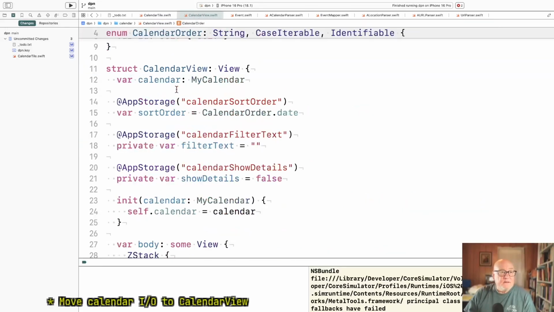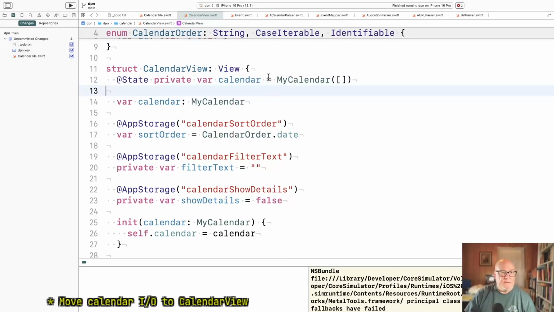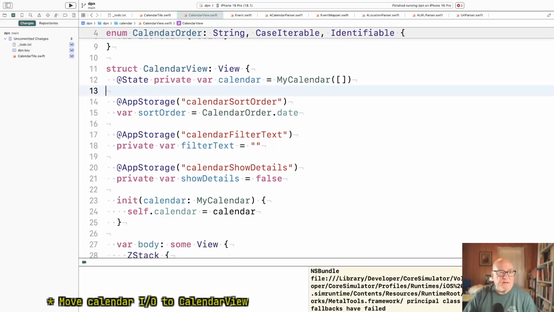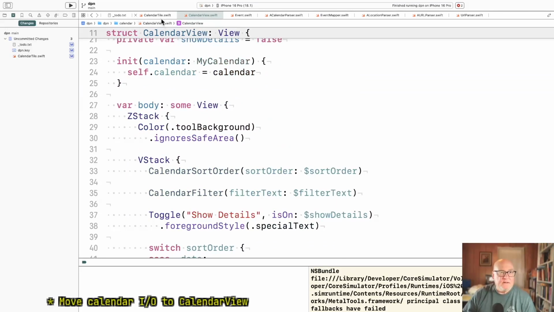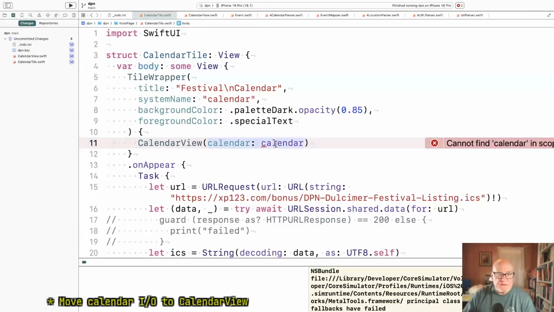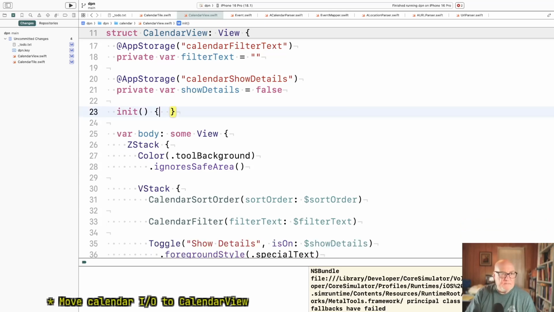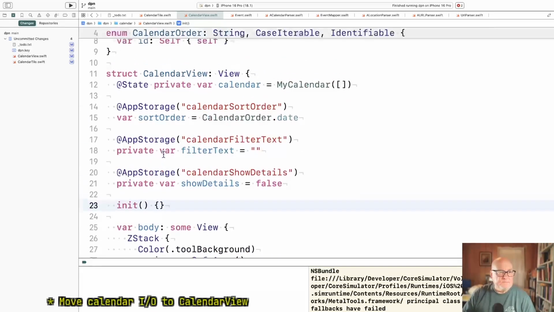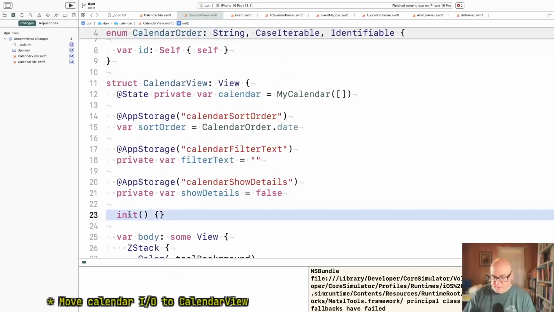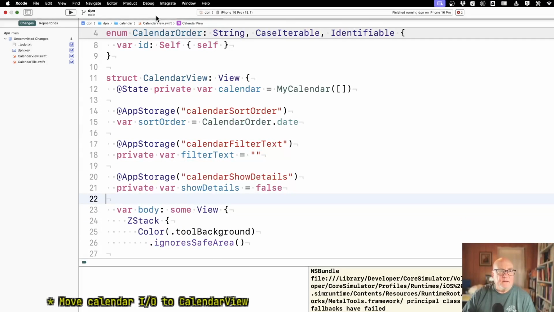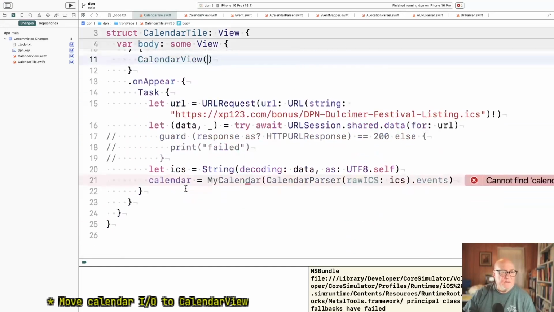Huh. Okay, I guess we added that. State program, my calendar. Okay. And then, well, let's pull this out. I guess we don't need it if we have no parameter, no variables. Okay, and then on up here,